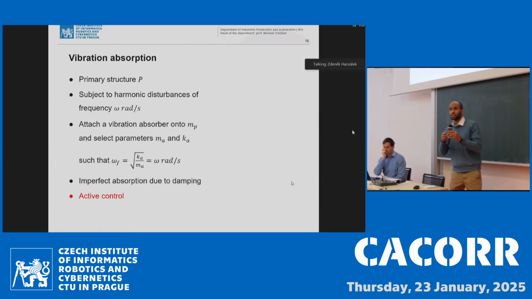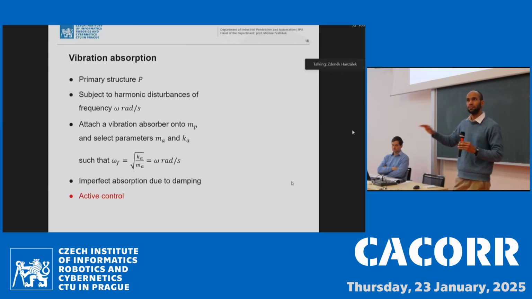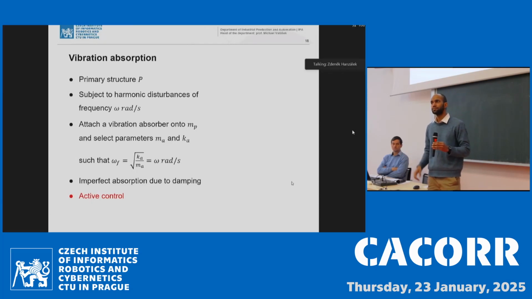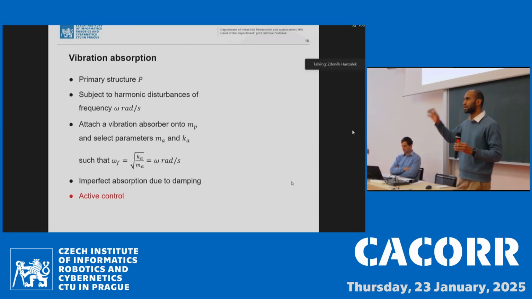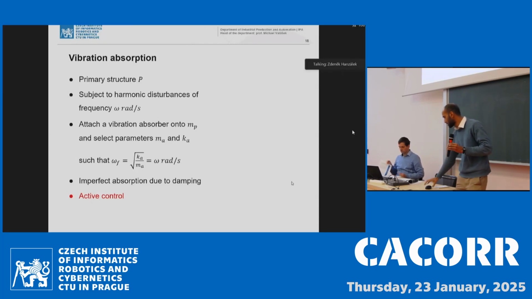Firstly, before I start with the main problem, let me describe what we mean by absorption. We have a primary structure, say a building or a beam, subject to harmonic disturbances of known frequency. To suppress vibrations of this known frequency, we place a so-called absorber, and we tune its parameters such that its resonant frequency